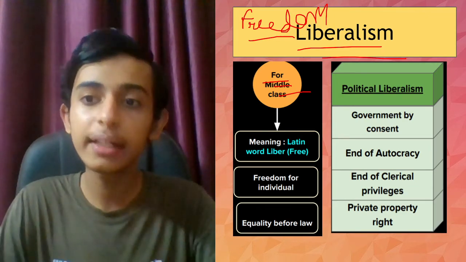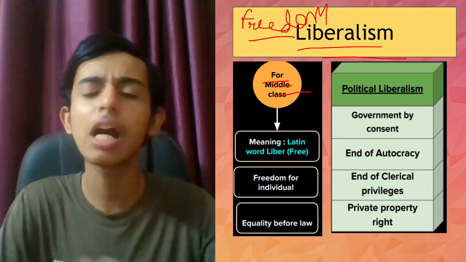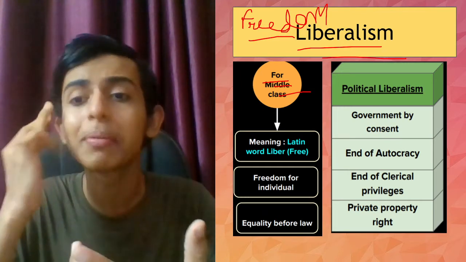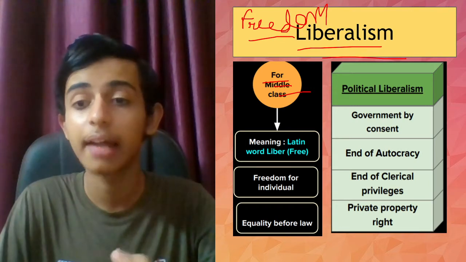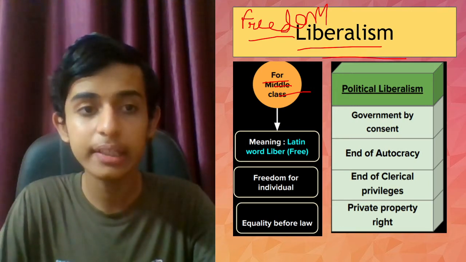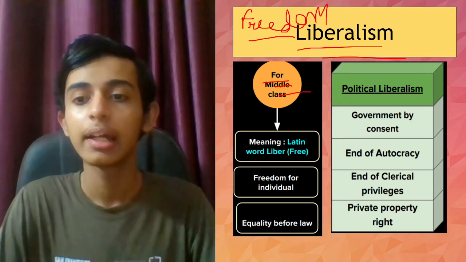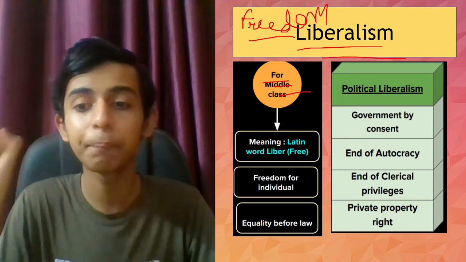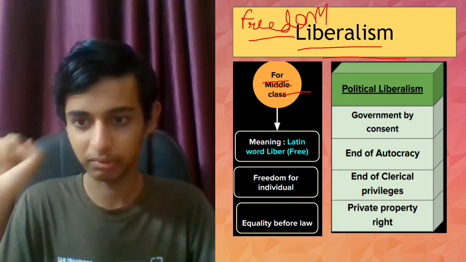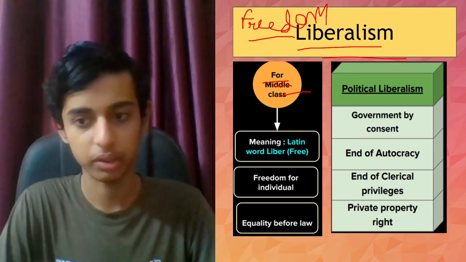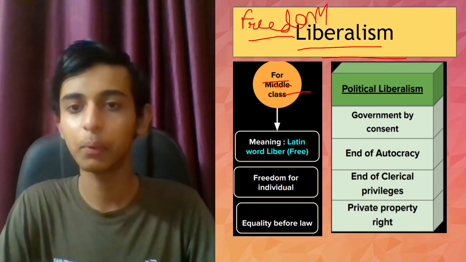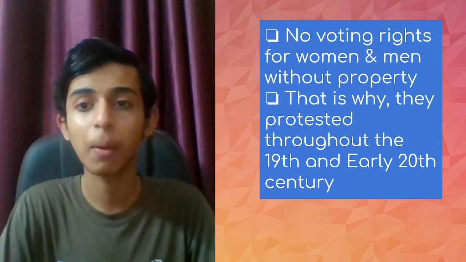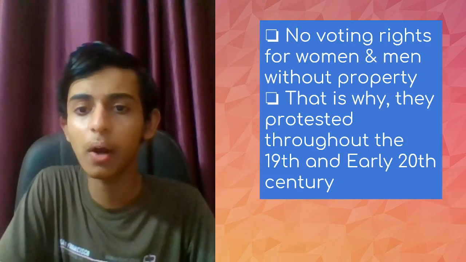Now, what was political liberalism? In the government form, government by consent. They wanted a government by consent, and they wanted the end of autocracy, end of overpower, end of clerical privileges, the privileges by birth, and private property rights. So this they wanted in political liberalism. There were no voting rights for women and men without property. That is why they protested throughout the